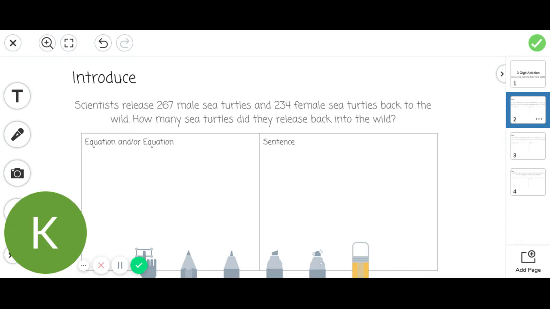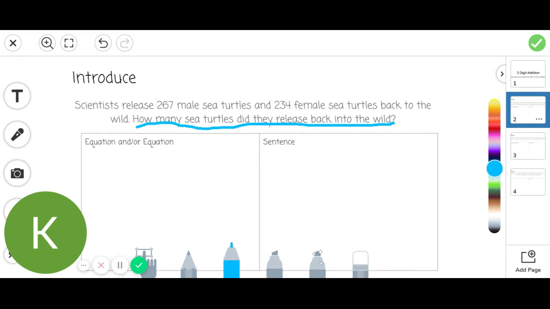Scientists released 267 male sea turtles and 234 female sea turtles back to the wild. How many sea turtles did they release back into the wild? Well, just like yesterday, I'm going to start by underlining this question. How many sea turtles did they release back into the wild? So I want to find the total number of sea turtles going back out into